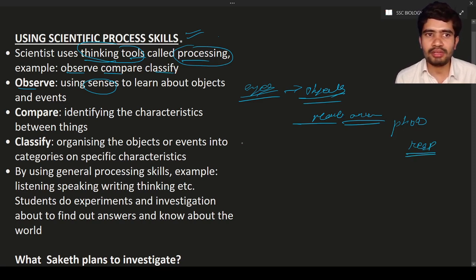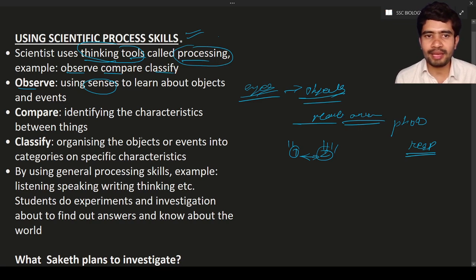Next, they will compare between the two characteristics. For example, if two organisms are there, organism 1 and organism 2, first they will compare between these two organisms, and they find out the characteristics in what way they are different. They may have two horns, they may have four horns, and also they may have a long nose, or a short nose, and so on. Characteristics means their features. They identify them, and based upon it they compare.